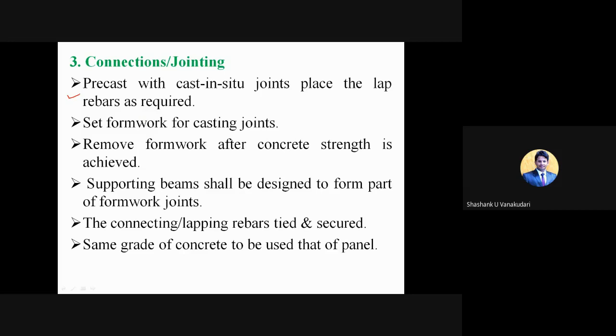So here these horizontal members like beam as well as the column structures will be there. So we need to place them. Again, the placing of these two members has various connections.